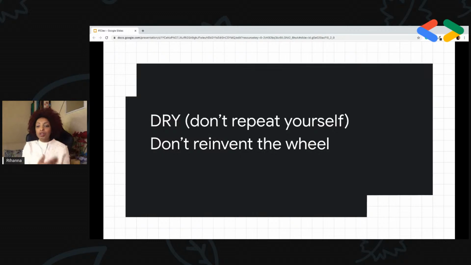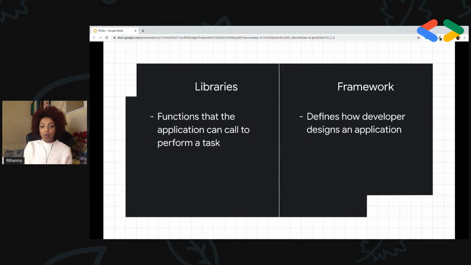Because other developers before us have already faced the same problem, and obviously they thought about it, they created a library or a framework. So one of the most challenging things about front-end is knowing which libraries or frameworks to use. In order to know that, it's important to at least know the differences